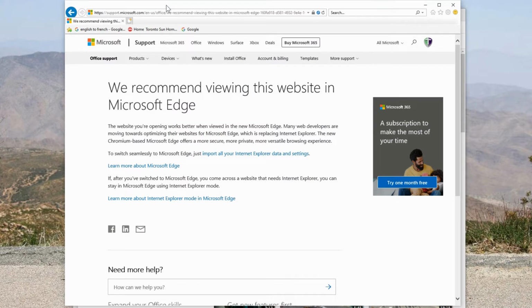If I go back to look at the Internet Explorer, it tells me we recommend viewing this website in Edge. So they are pushing you to switch over to Edge. They're automatically launching it on you, and having things like this happen where you can't even go to certain websites anymore. It'll force you to go over to Edge.